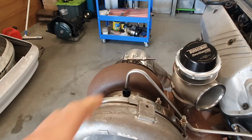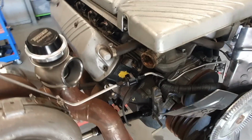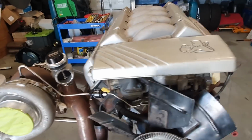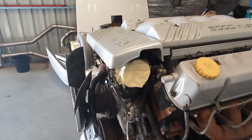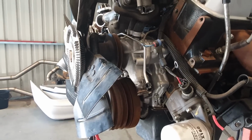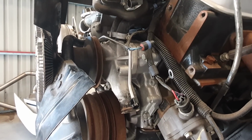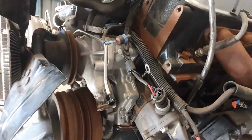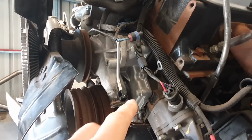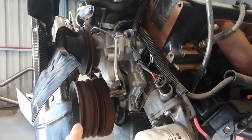The next thing I've got here is a hard line in stainless for the turbo feed, and I've also put a Turbosmart oil feed filter on there, just in case we have any catastrophic failures, so we don't have crap going through the turbo. Now, on the front of the engine here I've got this viscous fan, and this is all the standard pulley setup, standard mechanical water pump and standard timing cover. On the engine that's going in my car, and on the mock-up engine, the other one I have, I have a billet timing cover, an electric water pump,